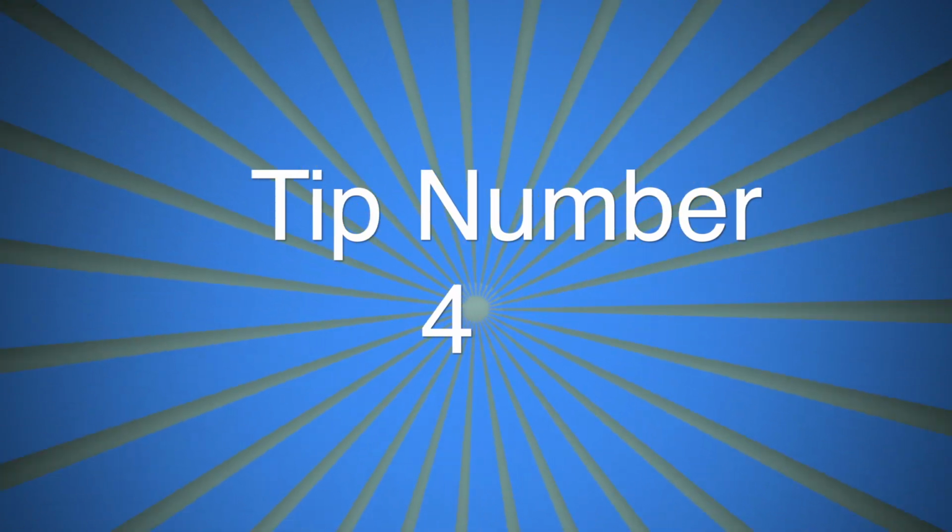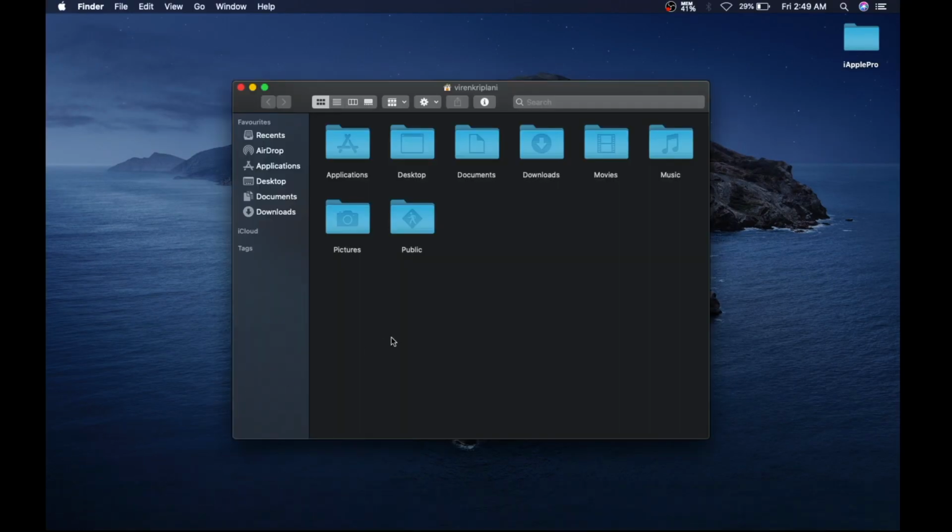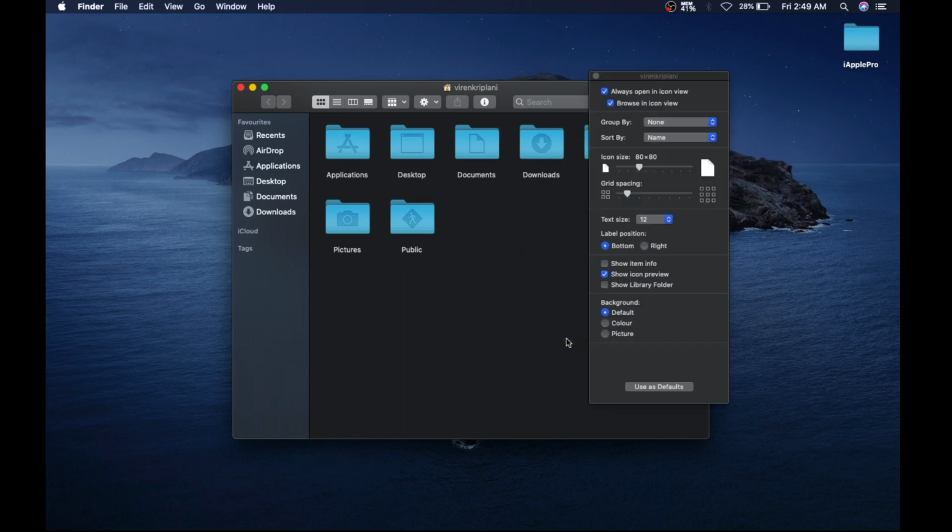Now let's move to the tip number 4. Go to Finder, right click on the blank area and select Show View Options. So it will show the options to change the view. There are 4 options to view.